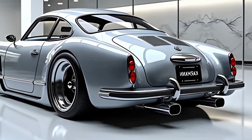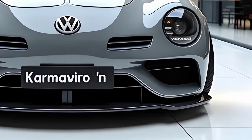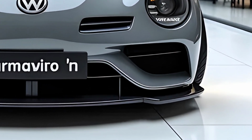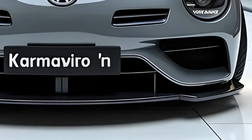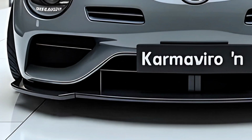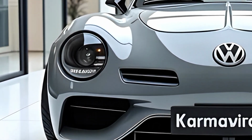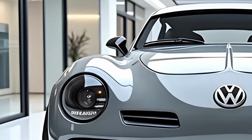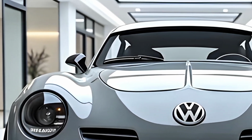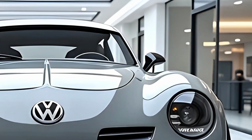Volkswagen has given buyers multiple powertrain options to cater to different driving preferences. The base model comes with a 2.0-liter turbocharged four-cylinder engine producing around 250 horsepower, paired with either a 6-speed manual or a 7-speed dual-clutch automatic. This setup delivers lively performance, with a 0 to 60 time of just over 6 seconds, making it a fun